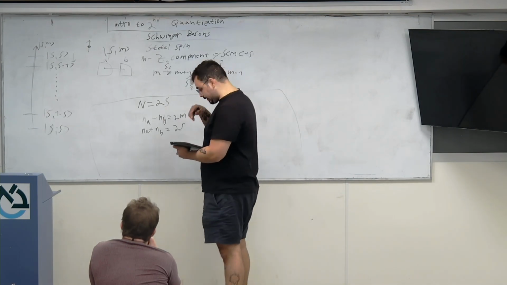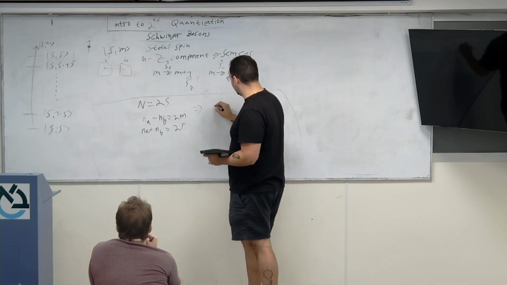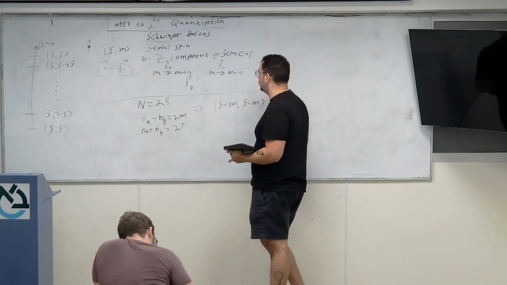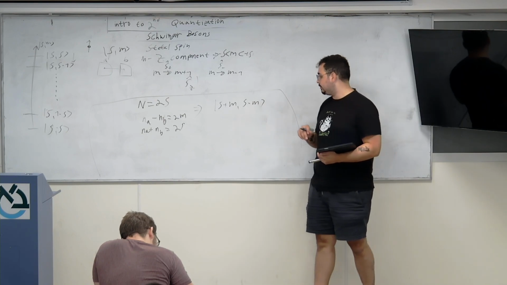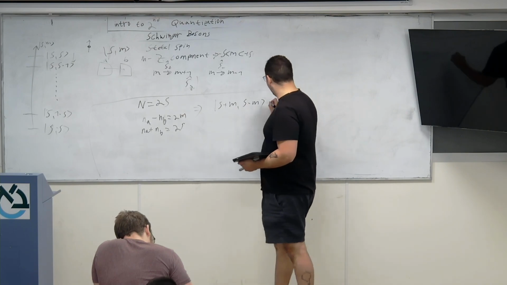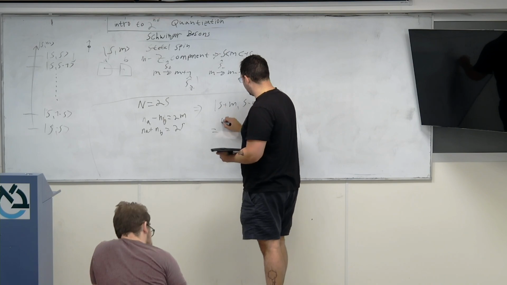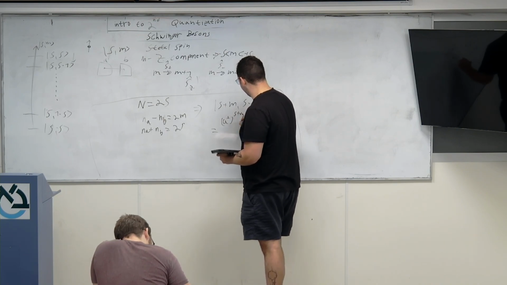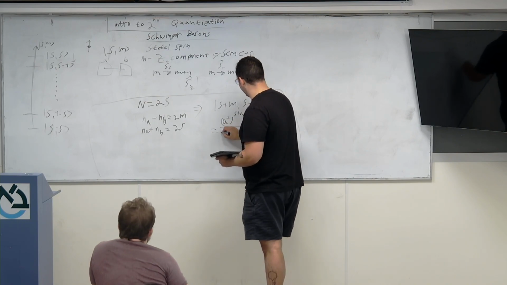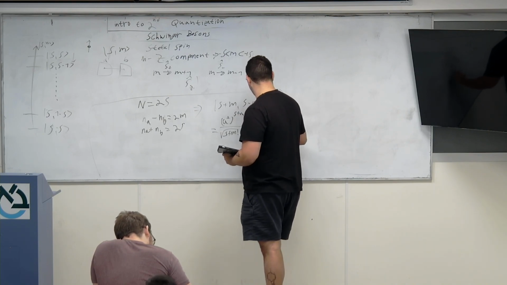So, if for every S and M, we take the state that is equal to |S plus M, S minus M>, we get this very simple. I will get exactly what I wanted, very simple. Or, if you want this with operators, it will be A dagger to the power S plus M, B dagger to the power S minus M, divided by the square root of (S plus M)! and the square root of (S minus M)!, acting on the vacuum.